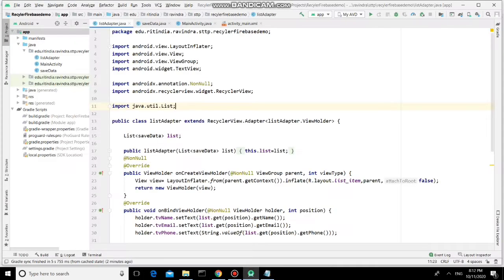So see what my package name is: edu.ritindia.ravindra.http.recycler firebase demo. Make sure that the package name is unique. It should not be general, for example